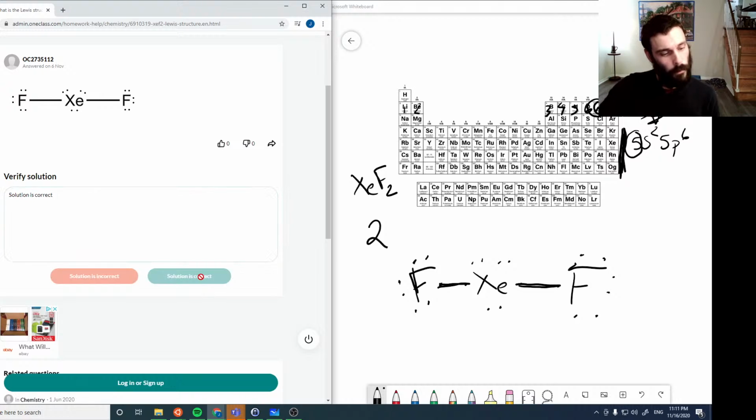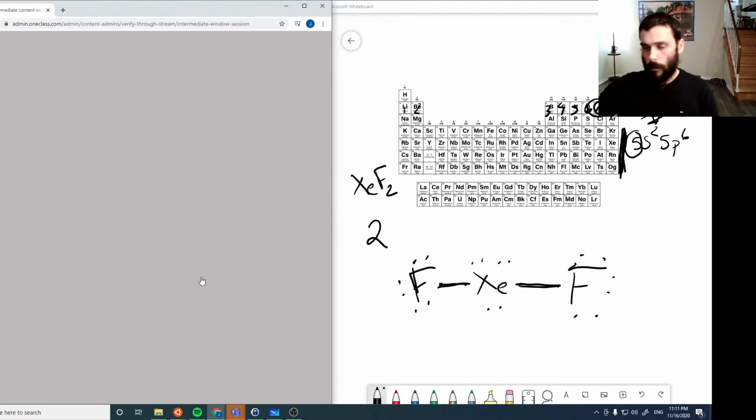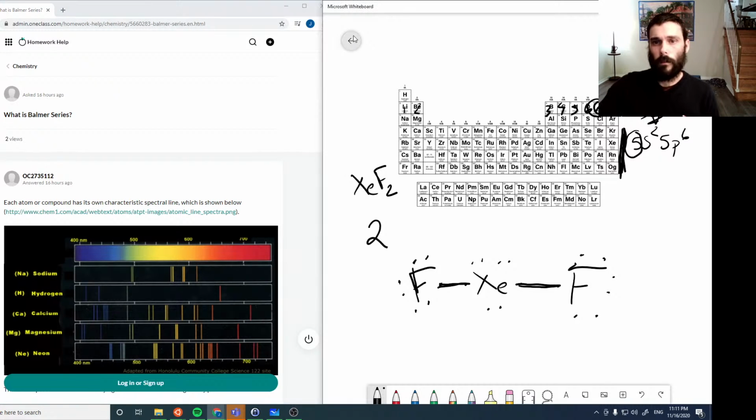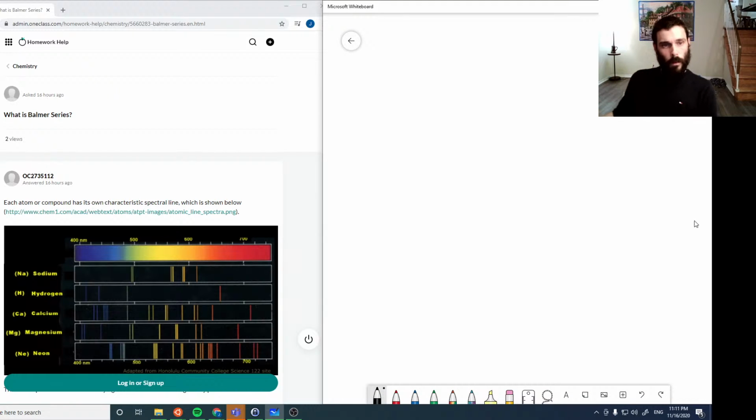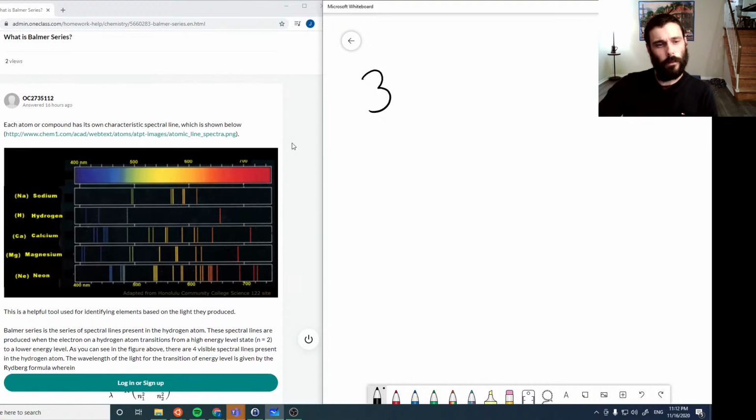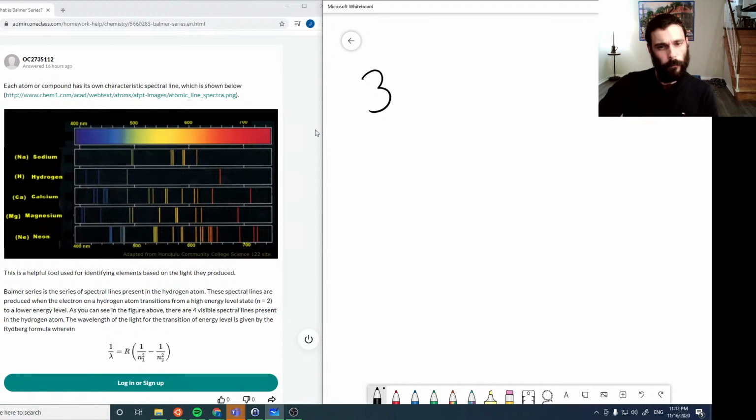And hit that. Okay. And I'll just go out to a blank one here. Okay, so this is my 3rd question here. What is a Balmer series? This solution I think is missing a bit actually, but